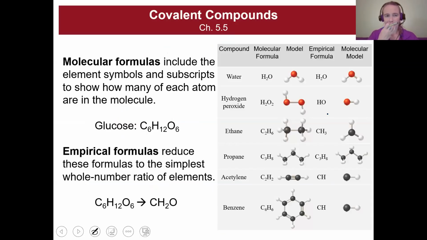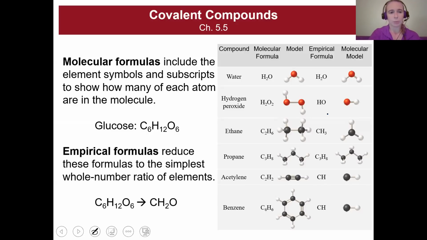Anywho, let's talk about molecular formulas. So we discussed the chemical formula for ionic compounds. Now we're going to talk about molecular formulas, and these are specifically for covalent compounds. So molecular formulas include the element symbols and subscripts to show you how many of each atom are in the